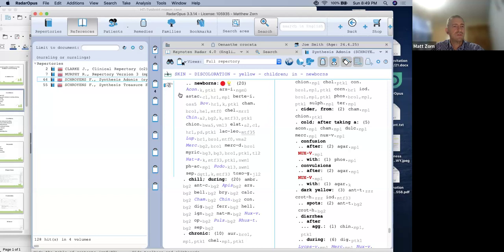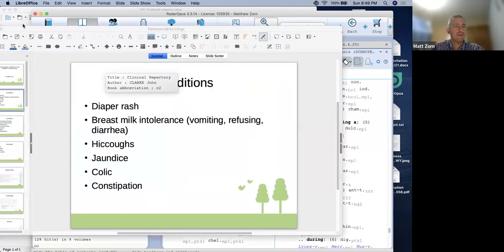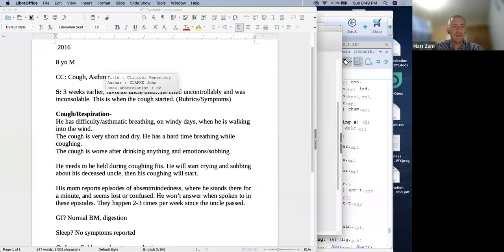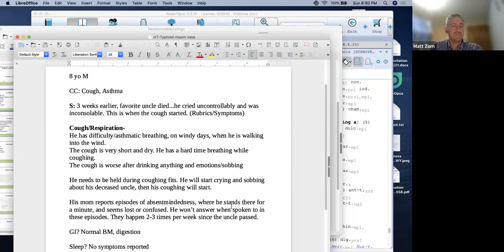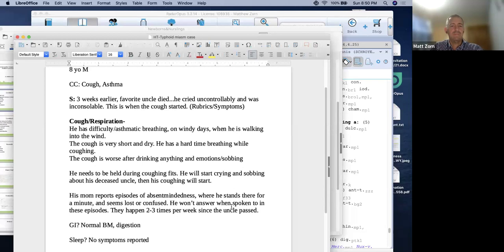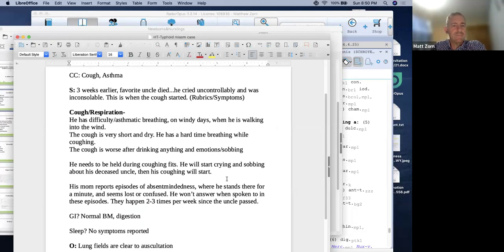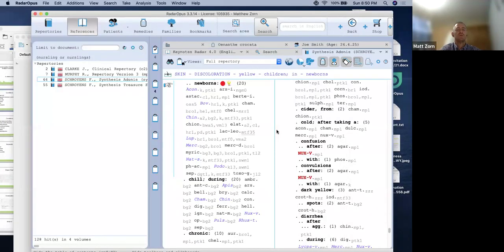Anyway, these are the remedies you would consider for that. This was actually a case that I shared a couple weeks back. So let me just go through the symptoms. Three weeks ago, this child had asthma and a cough, crying uncontrollably. So for that particular rubric, crying uncontrollably, so nothing is able to console them, we would use